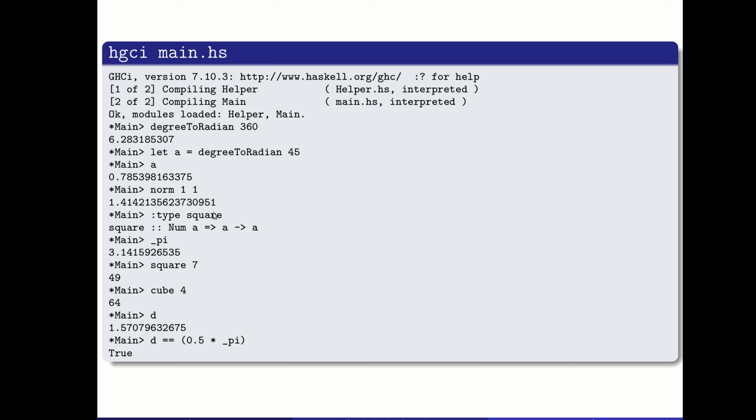We can check on the type of some of those different functions. This might be useful to you when you're testing out your programs to make sure that you've actually specified the functions that you were supposed to specify or that you thought you were specifying, in terms of does it take a list when you thought it was not taking a list, or things like that. And we can see some more of the uses of those functions and those values here. We can use them in more complicated expressions as well, like checking whether d is equal to half of pi,